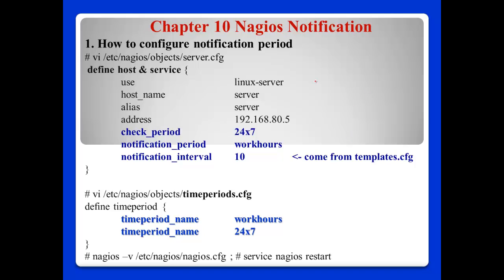Okay, Chapter 10, Nagios Notification. To use Nagios notification, first I will explain the notification period. For the period we can use, for example, checking period 24 hours and 7 days, and notification period, the name is a kind of work hours, and the notification interval is 10 minutes. This kind of notification period we can configure in this file